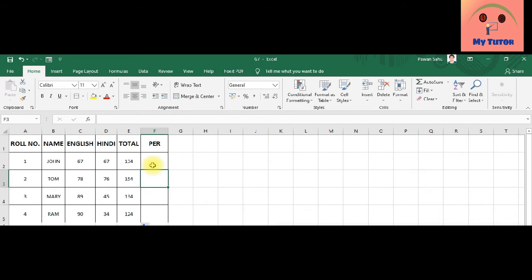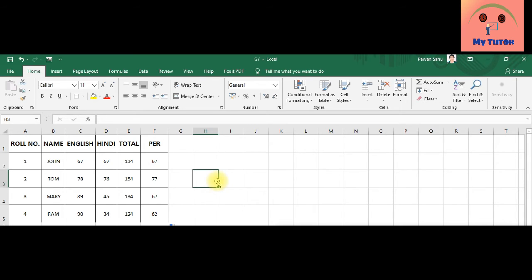Now we will find the percent. So I am writing the formula of percent, equals to. Each and every formula in Excel begins with the equal to sign. Then the obtained marks, which is in cell E2. So E2 divided by the total marks, this is of 100, this is of 100, so 200, into 100. So obtained marks divided by total marks into 100, this is the formula. So the percent is 67. Once again we will drag it. Fine. Now let's see how the goal seek function works.